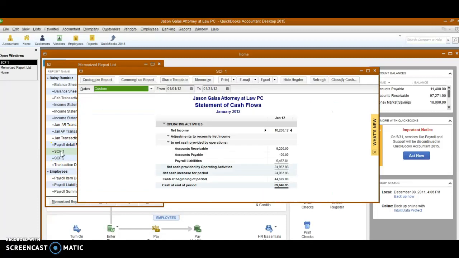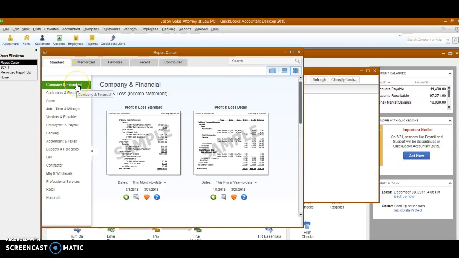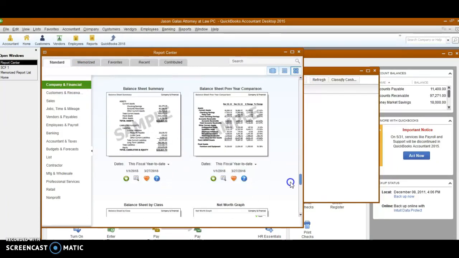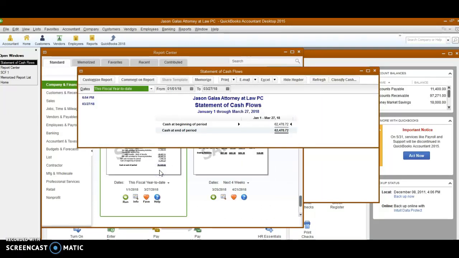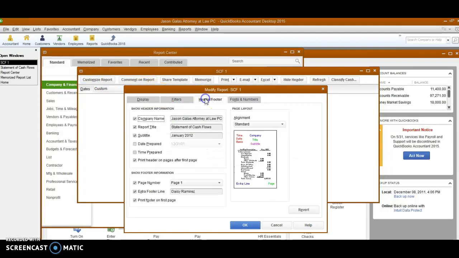I've already done this. I did this by going to the icon bar and then selecting Reports, Company and Financial. Scroll all the way down, then double click Statement of Cash Flows, change the date up here, go to Customize Report, Header and Footer, unselect Date Prepared and Time Prepared, add your name to the extra footer line, click OK,